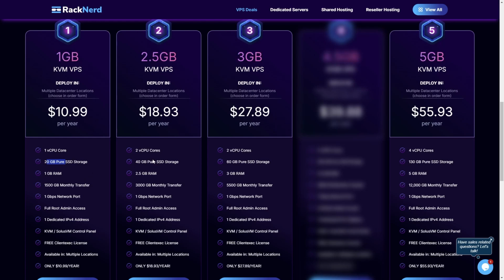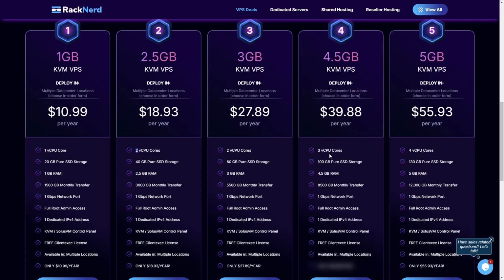Now, if you have 2 checker nodes, for instance, like I said, the requirements are going to be 2x, so you could go with this option here because here you're going to have 2 CPU cores, 40 gigabytes of SSD, 2.5 gigabytes, and stuff like that. So just check the requirements and scale them linearly to see if it makes sense. Now, if you do have 3 checker nodes, then with RackNet at that point, it doesn't become the best option